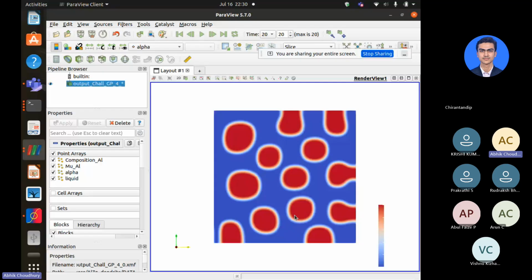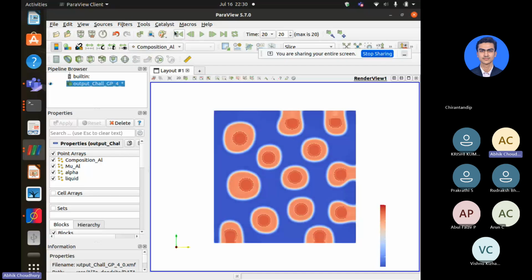In the other case, if I had rotated, as you have seen in the function f1, if you rotate by 0, it would be a diamond shape over here. All right. So this cubic shape is not because of any other aspect. It's just because the rotation that you have given to your anisotropy is 45 degrees about the z-axis. Second is, let's go to composition, which is plotted like this. As we had done before,